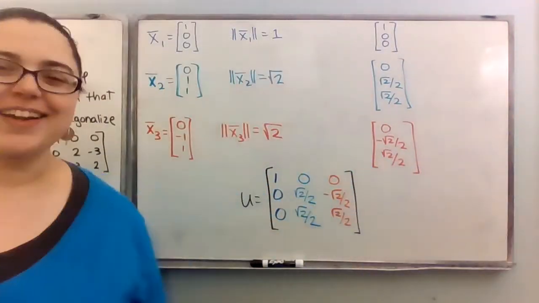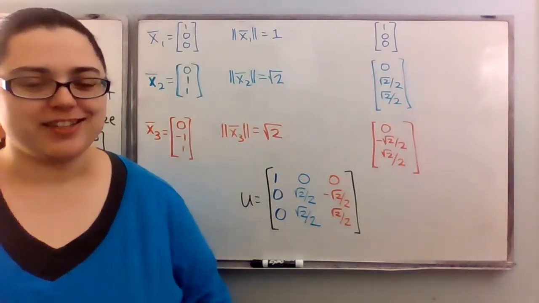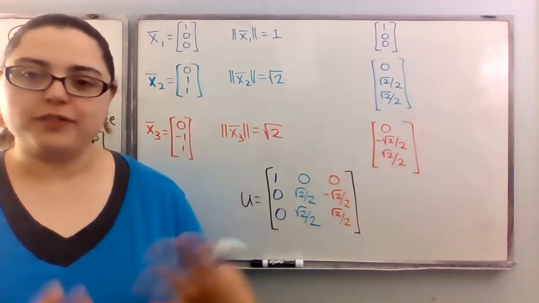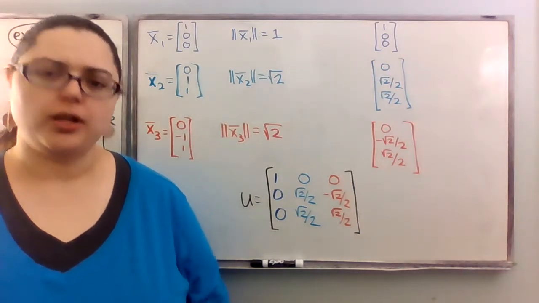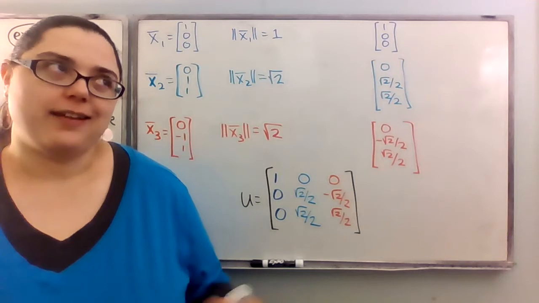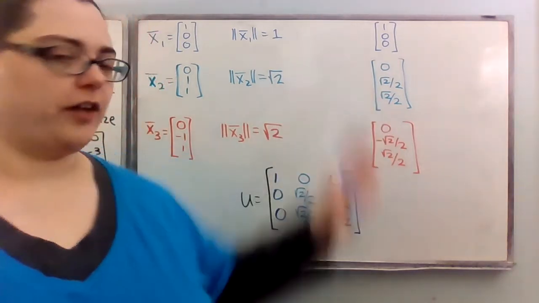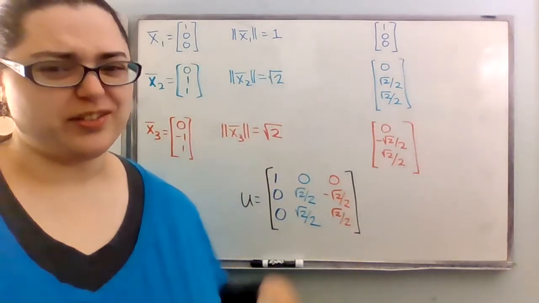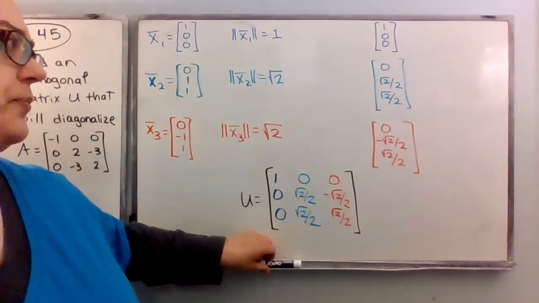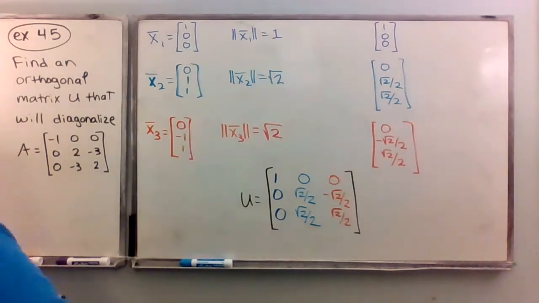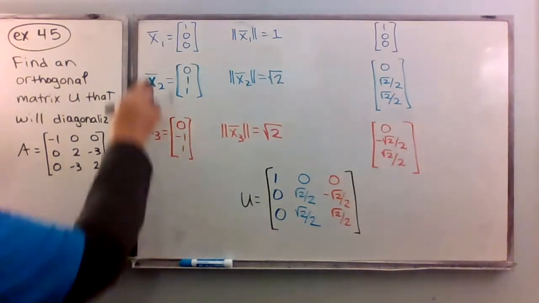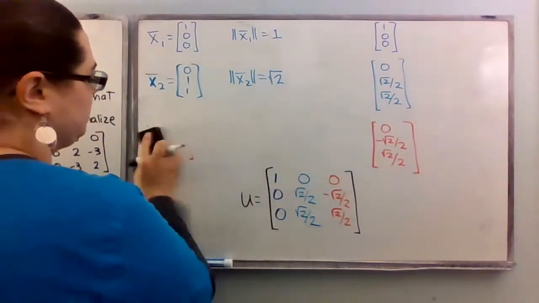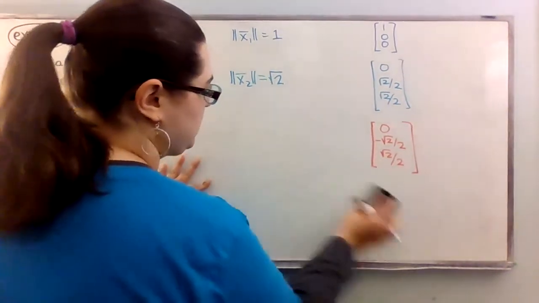Let me move out of the way again, in case you wanted to pause here and check your work. But I did want to reference the note we did before this example and show you how you could get a different set of orthogonal eigenvectors. We're not going to do the full example, but just start it off so you can see. So when we found these two eigenvectors for x1 and x2, I'm just going to erase this so we can get some space here. It was because we had